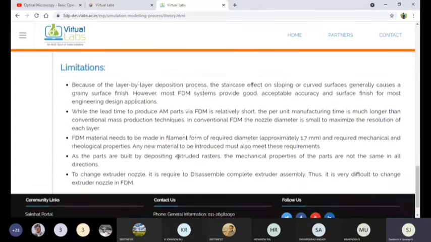We also want to look into their limitations, and that is also very important, because the limitations help us choose between different machines. Just as we need to know the strengths and advantages, in the same way we need to know the weaknesses. Before you know the weaknesses, you can become aware of them, and then you can select the proper manufacturing process. This FDM process may sometimes not be suitable for what we are going to manufacture. The strengths and weaknesses are very important for any particular machine.